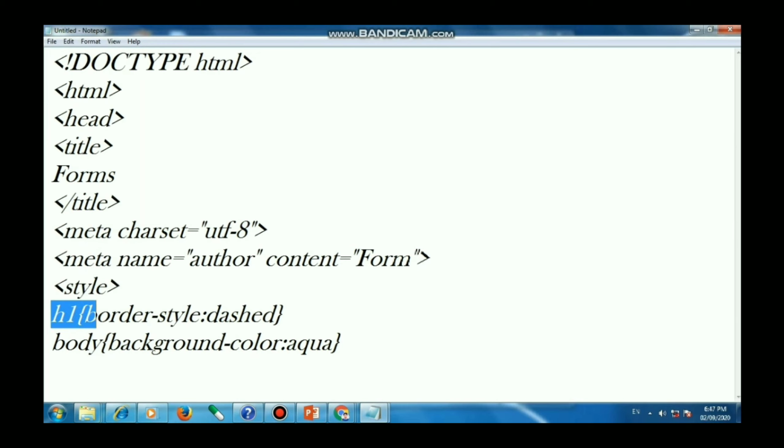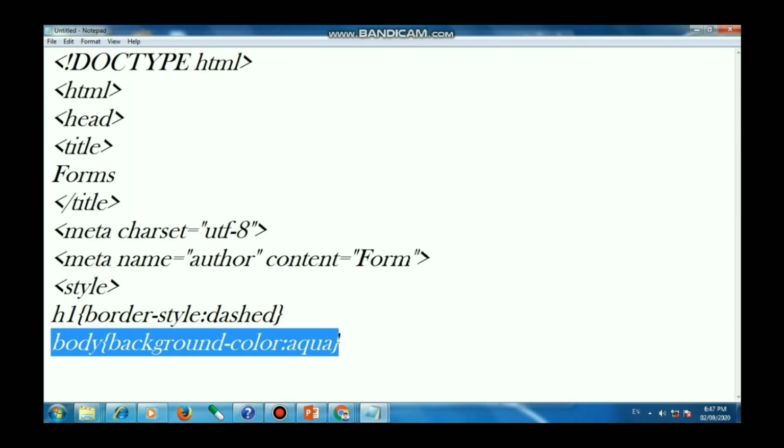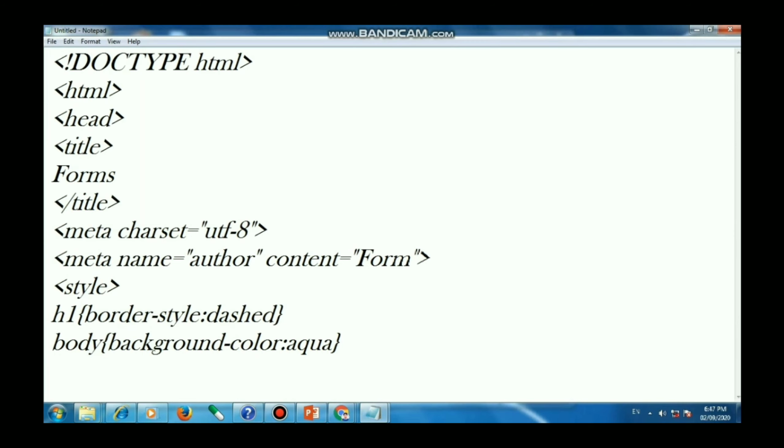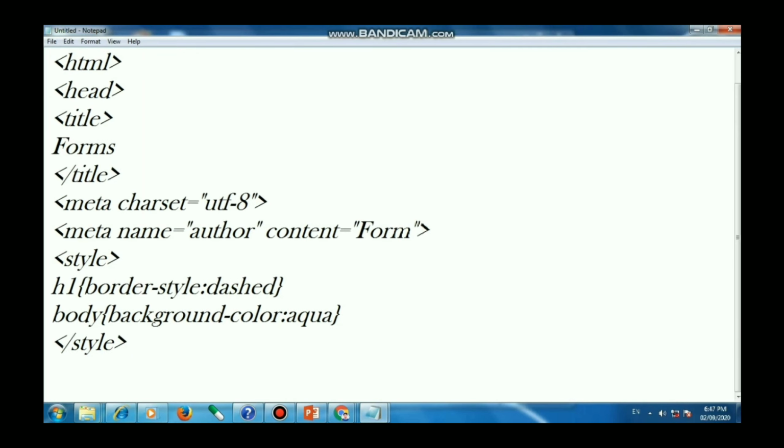Then use the style tag, then h1 border style dashed, then body background color aqua, then close the style tag.